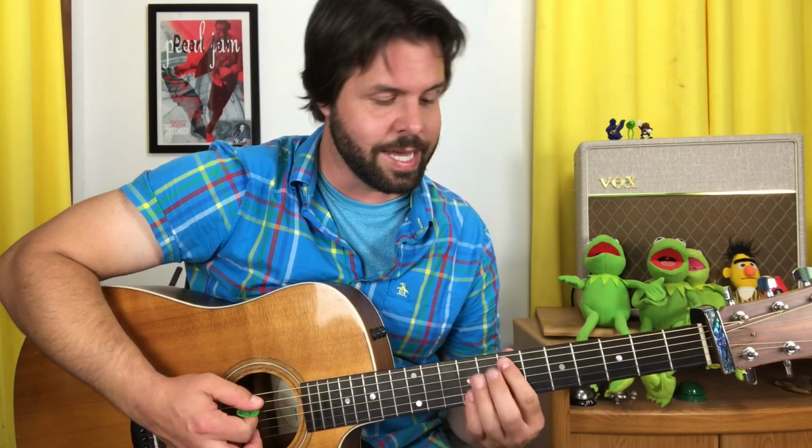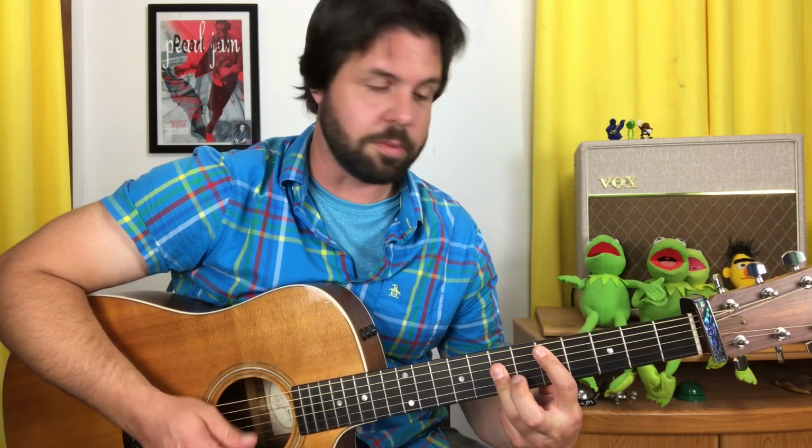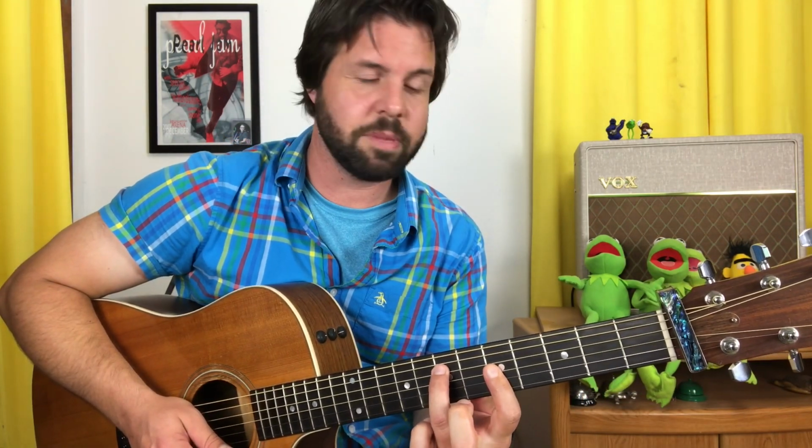But if you want to be super authentic to the song, you'll play your E minor as your root 5 minor bar chord. It's called that because the root note, the lowest note, is on the A string, and then you're making an A minor shape with the rest of your fingers. So starting on the A string, 7, 9, 9, 8. Then you'll play your D in kind of the same way, your root 5 major bar chord, 5, 7, 7, 7. Your A minor, if you want to be really authentic, is going to be D string 7th fret and 5, 5, 5 on the G, B, and E strings. And then your B minor is going to be this shape 2 frets higher. So we'll have...